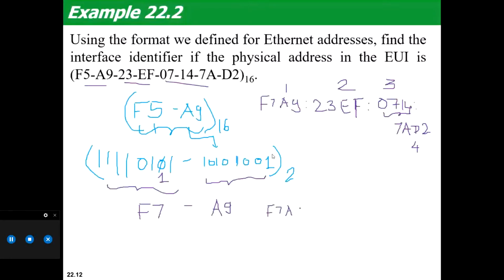सर वो आपने मतलब क्या किया समझ में नहीं आया. Just you have to turn on the 7th bit. आपको 7th bit just turn on करना है. तो ये local से global बन जाता है. 7th bit.